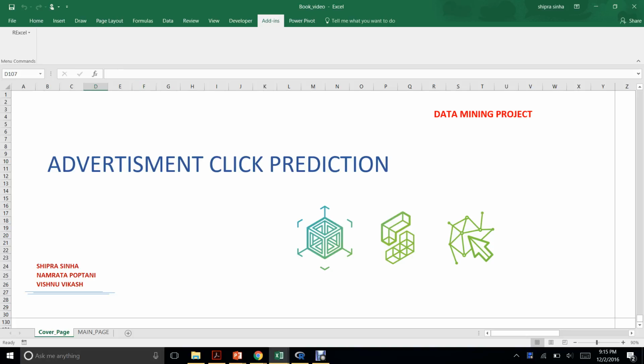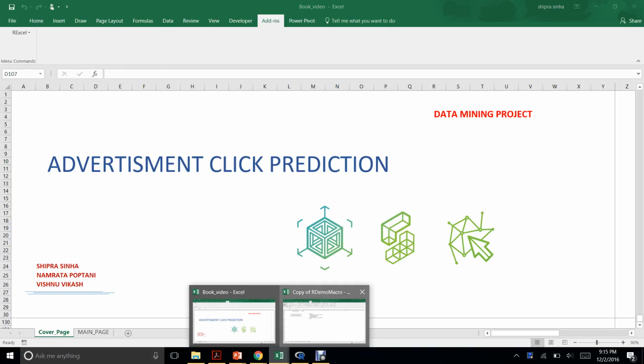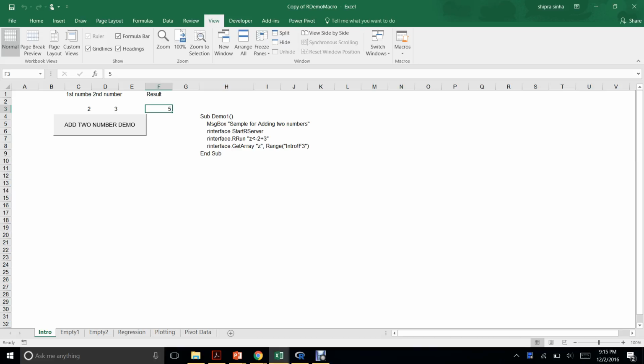This example is for adding two numbers. We put numbers here, 2 and 3, and this button will call a VBA code macro, which will link to R to get the addition of these two numbers.